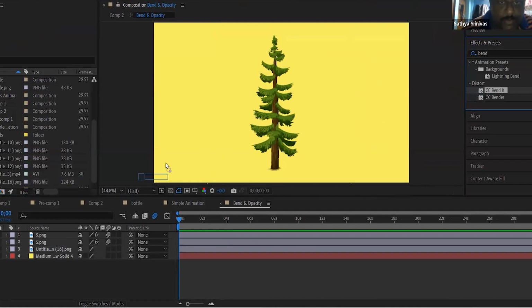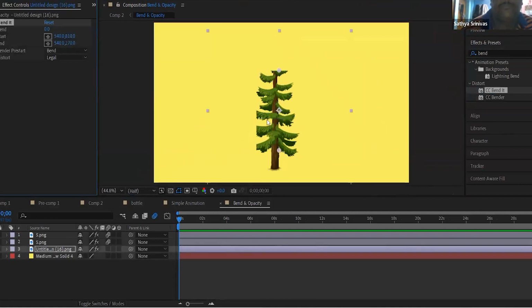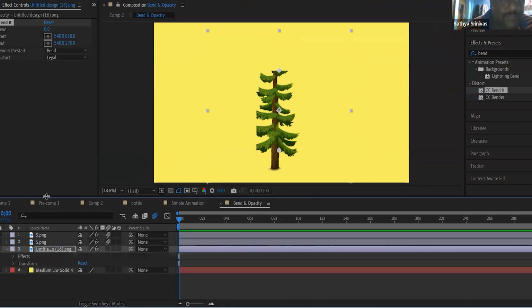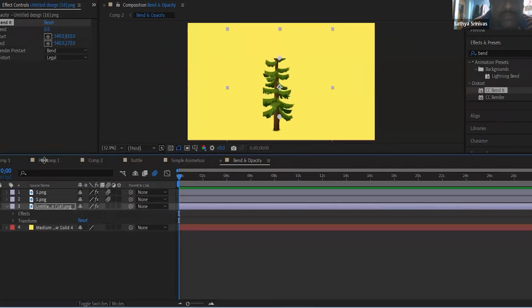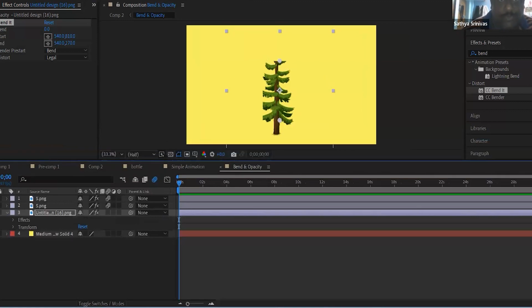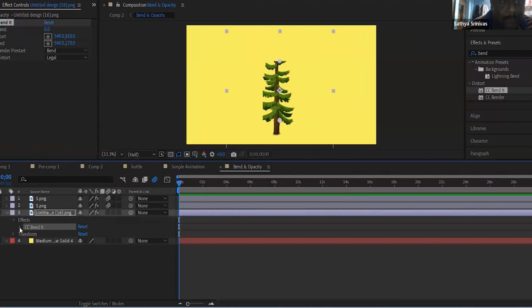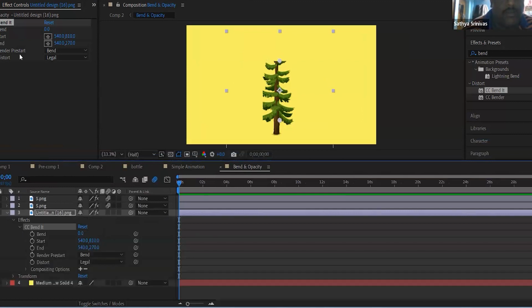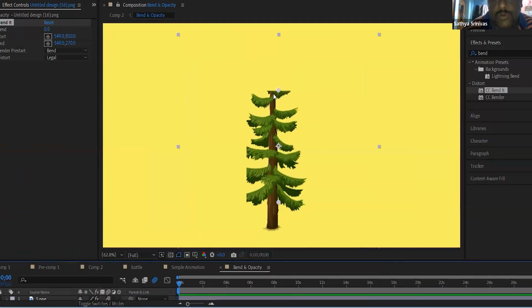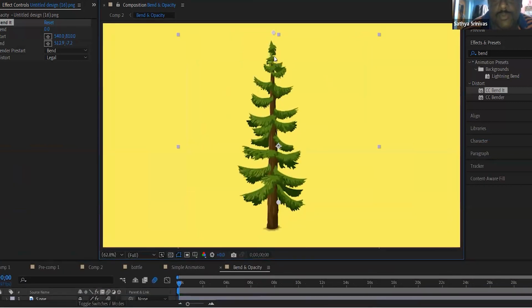I can just drag and drop it into my composition. The moment I drag and drop here and expand this, you can see I got an expansion here. I think it's visible for you people. Effects, bend, and click on to the top. Check now. Click on to the top and click this on to the bottom. Now, when you try to bend,